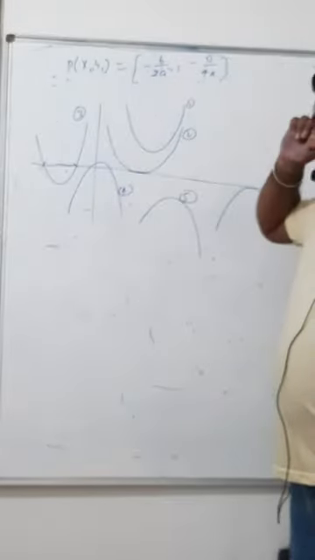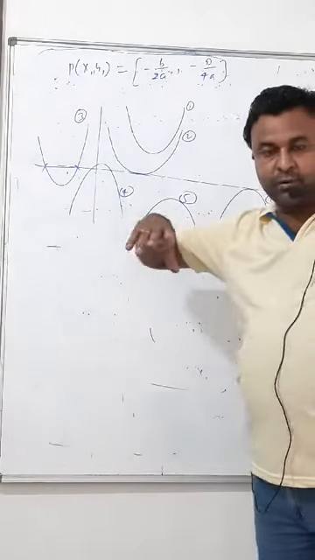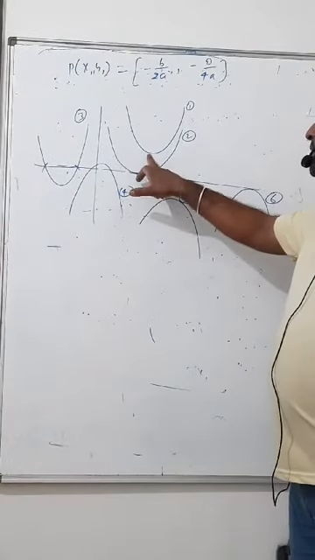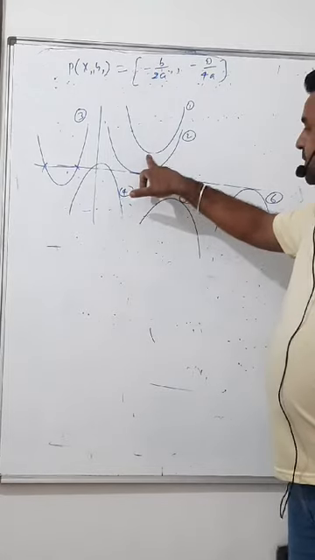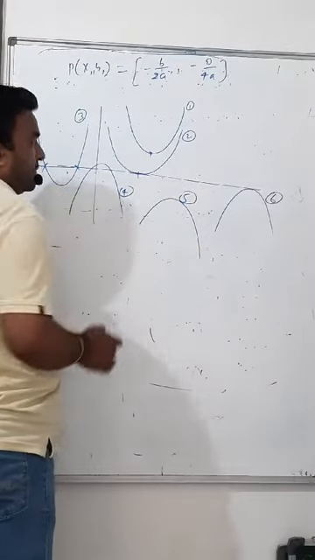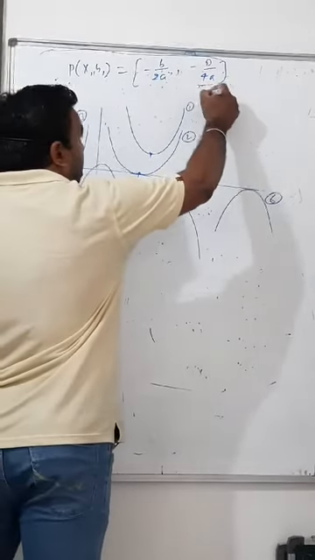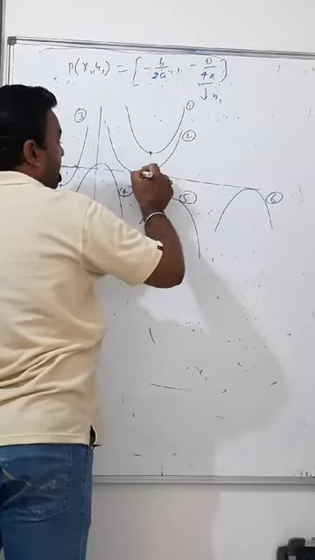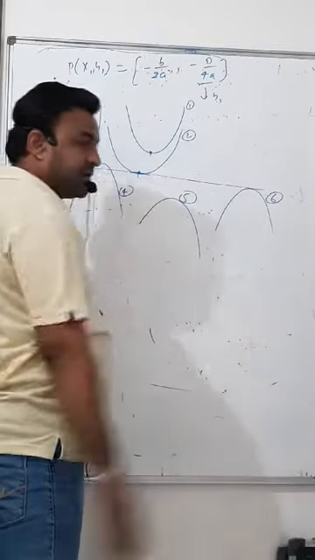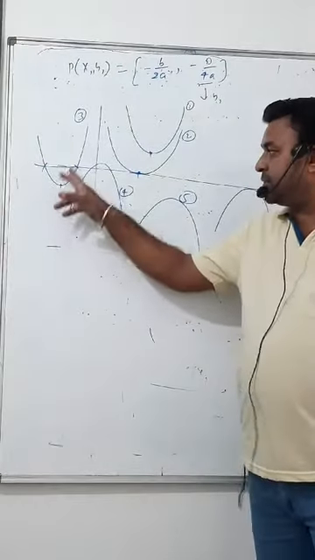for these 1, 2, 3, opening upwards, let's talk about first a greater than 0, opening upwards. Opening upwards, consider the y coordinate of this vertex, right? Its y coordinate is positive, its y coordinate is 0, its y coordinate is negative. This is y1. Here it is positive, here it is 0, here it is negative. If it is positive, then it is not touching the x-axis. If it is 0, then it is touching at 1 point. And if it is less than 0, then it is cutting at 2 points.